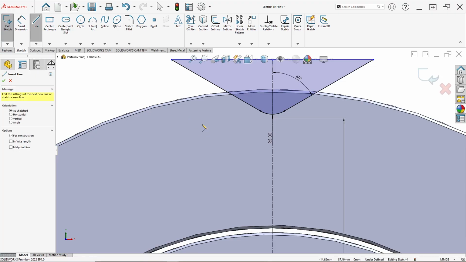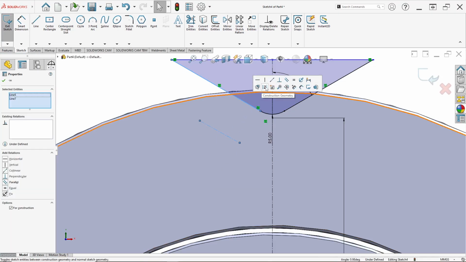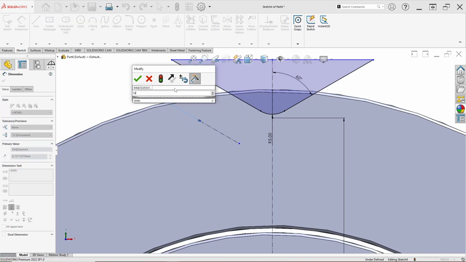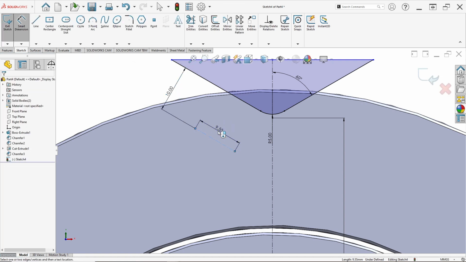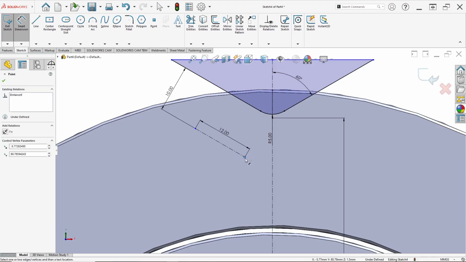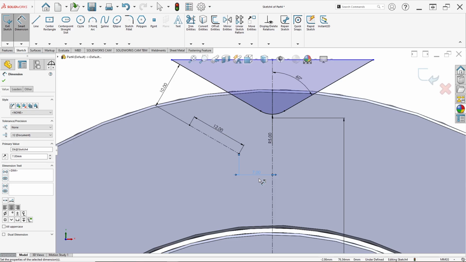Click center line again in here, draw like this, ensure the center line and this line, click control and click make parallel. For distance I set in 10 millimeter. For the length I set in 12. This point and this center line I set in 7 millimeter.